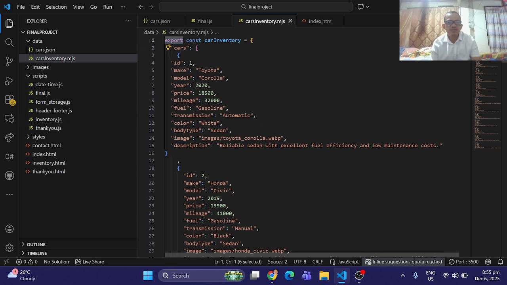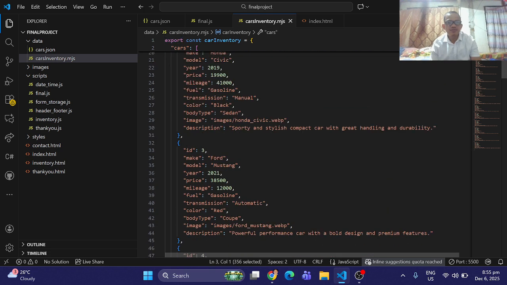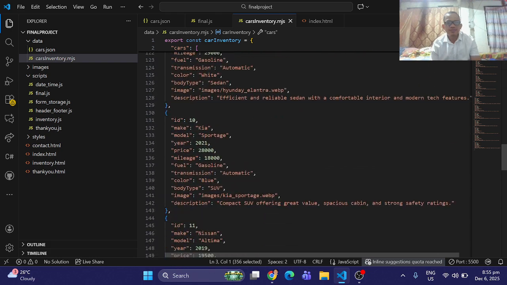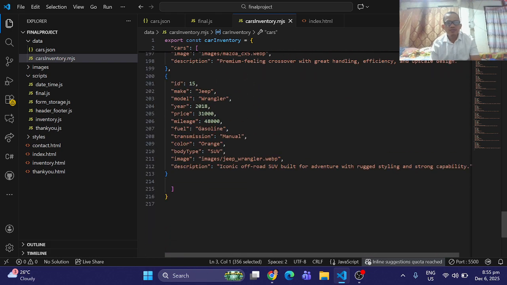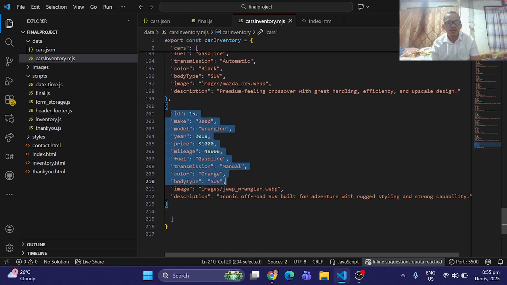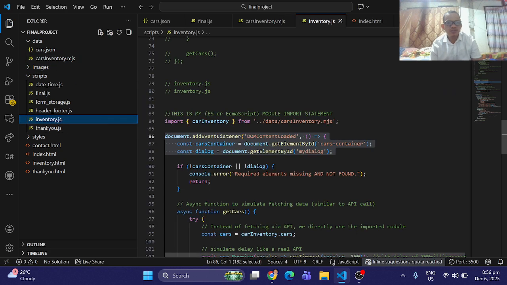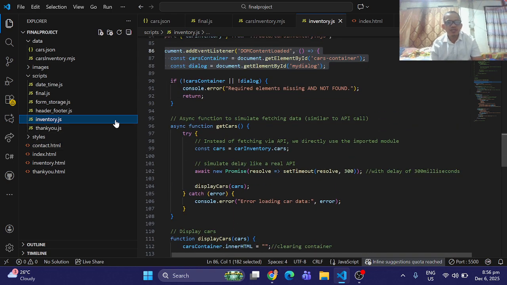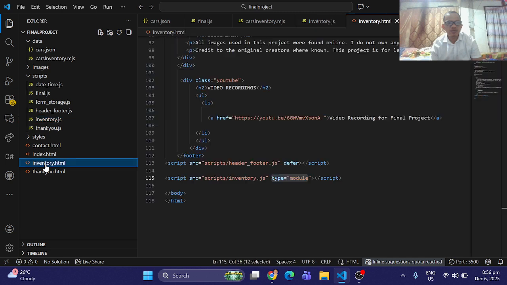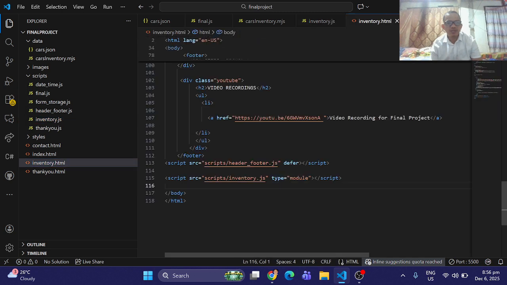I am using here 15 sets of cars, with key value pairs. And then this cars inventory MJS is connected to my inventory JS, and this inventory JS is also connected to my inventory HTML with type of module.